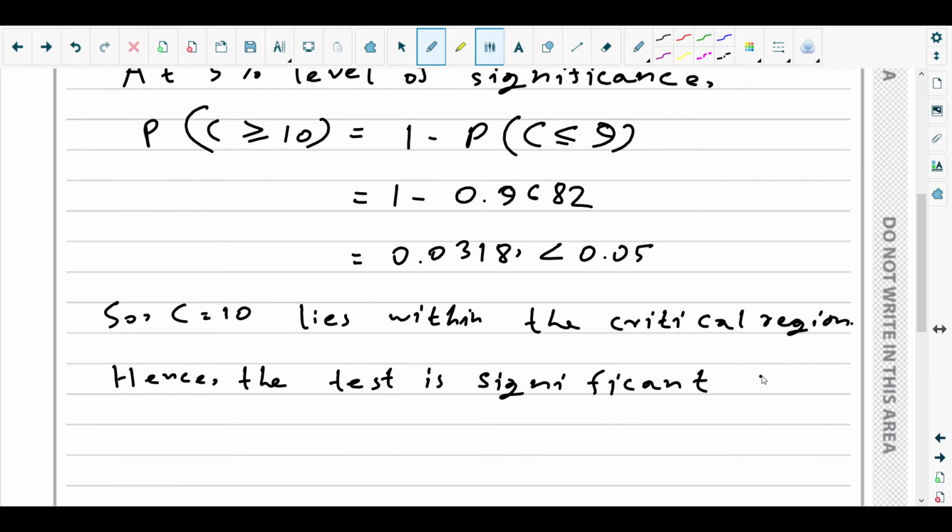So what should we do if the test is significant? We will reject H0. So if we reject H0, then definitely H1, the alternative hypothesis, was the belief of the manager. Therefore, what can we say? Therefore the test shows